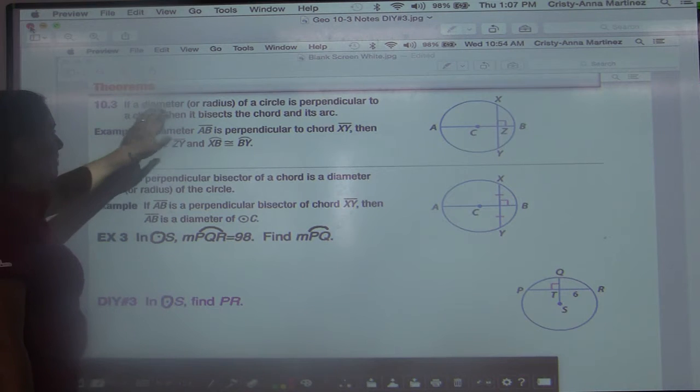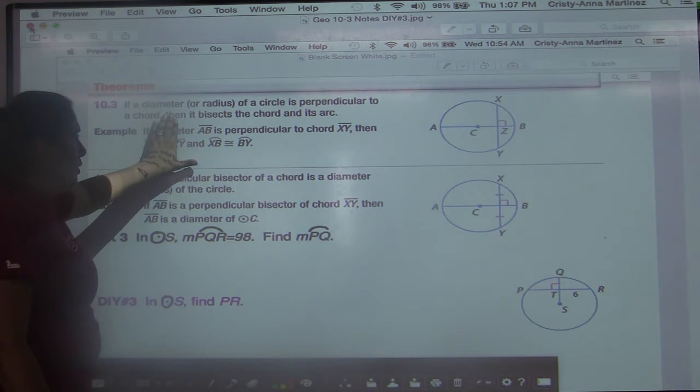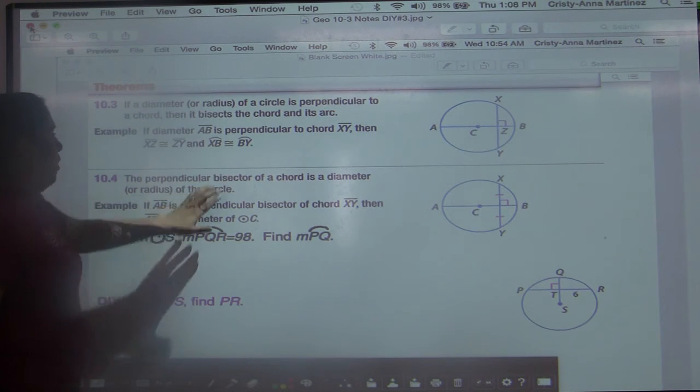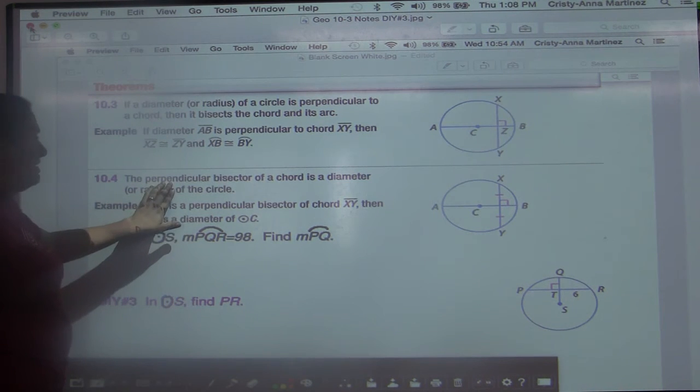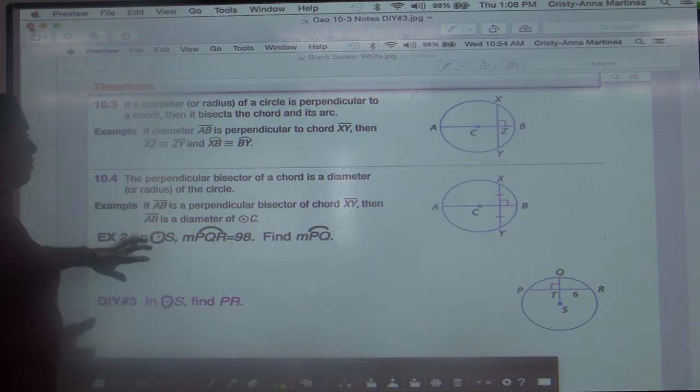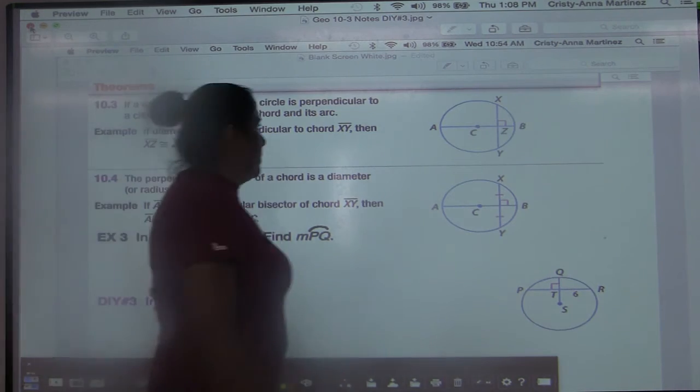Here we're saying that if the diameter of a circle is perpendicular to the chord, then it bisects the chord and its arc. Over here we're saying that if it's a perpendicular bisector of the chord, then it's going to be the diameter of the circle. So they're basically converses of each other here. But just to explain what's going on here,